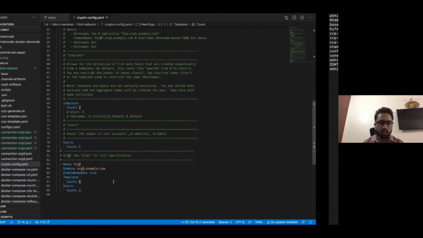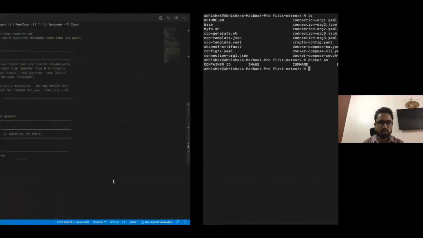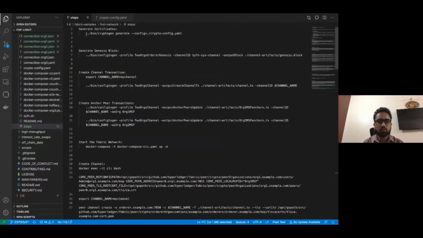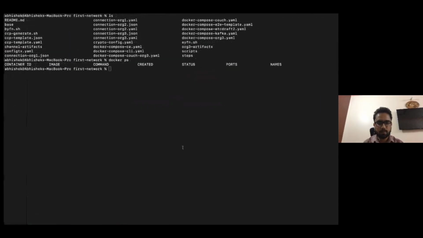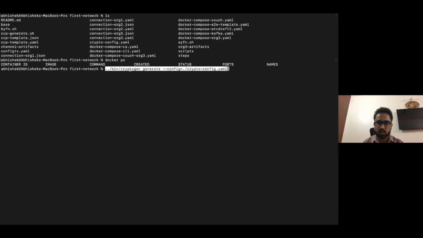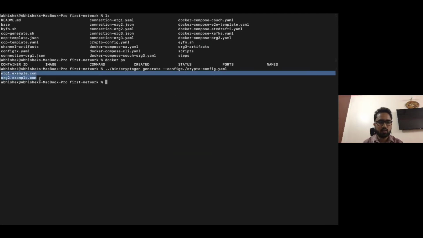So let me run this command. This is the command: cryptogen generate, the config flag, and the path of the YAML file. Now it has created the certificates for organization 1 and organization 2, and for the orderer also.